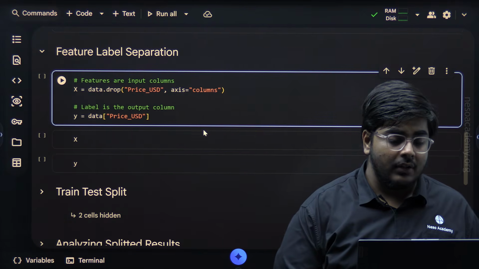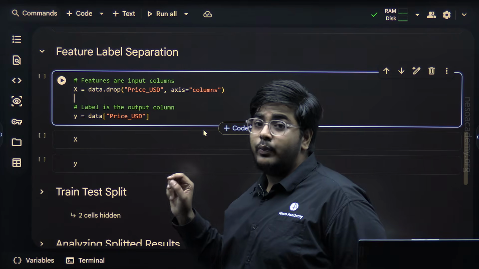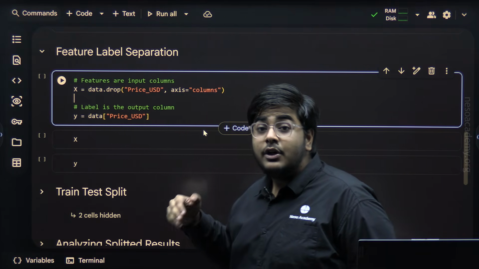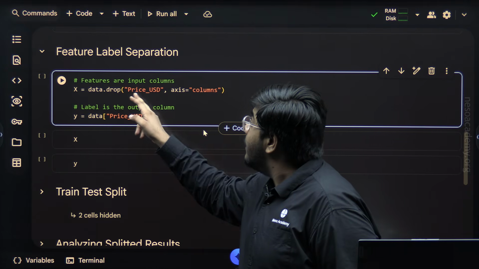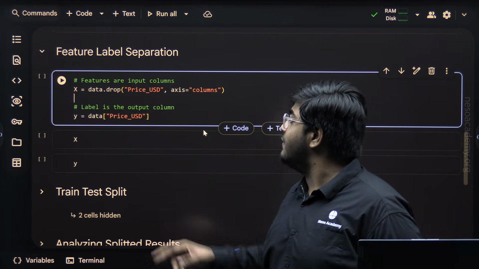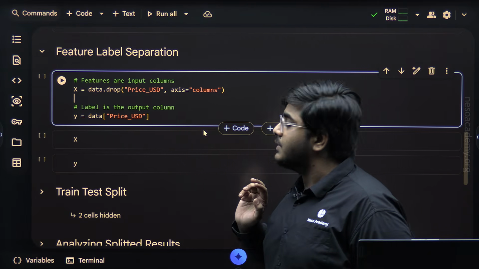That is why I have written data.drop, so as to delete the column price USD. And since it is a column, I have specified axis equals columns.